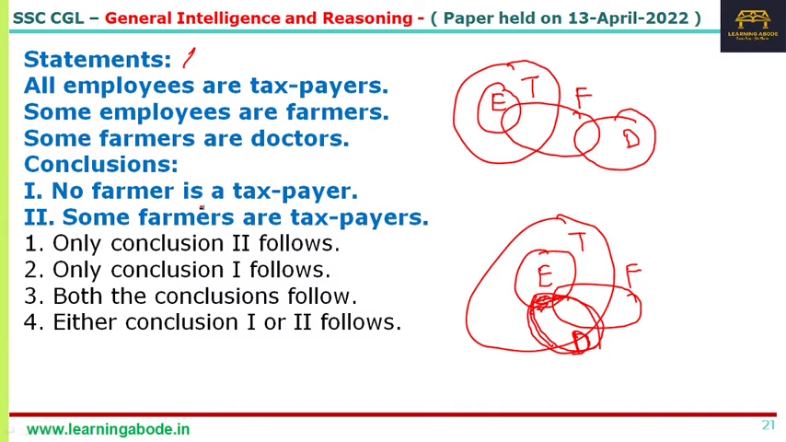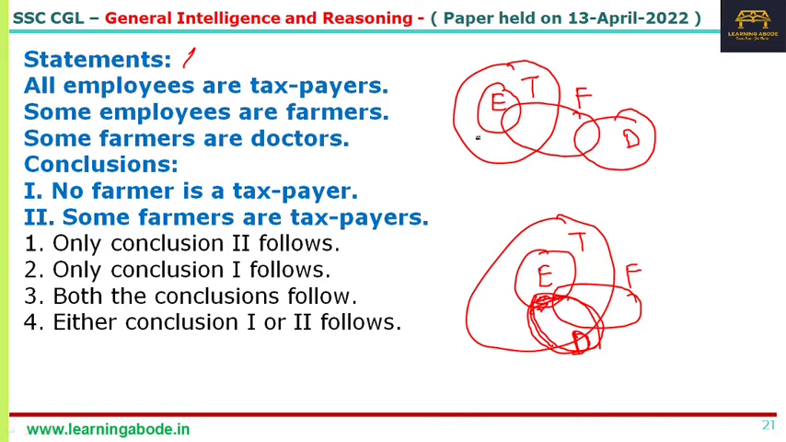Now, no farmer is a taxpayer. That's not correct. We cannot say no farmer is a taxpayer, because we can say that some farmers are taxpayers. We can say that in both the cases,